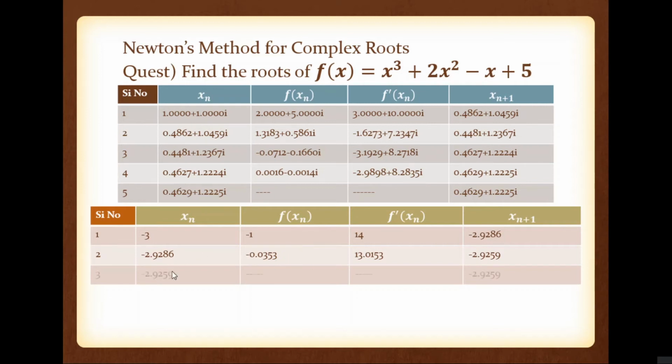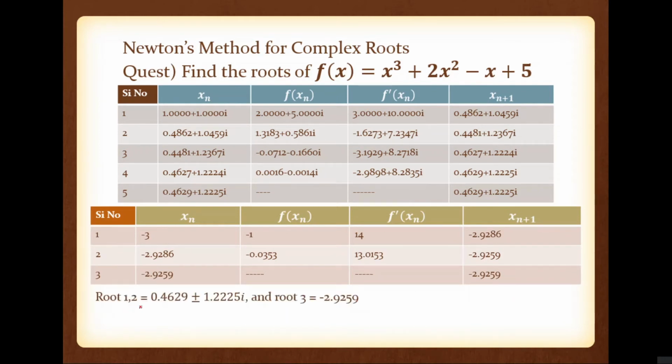Now third iteration. So you can see that within 3 iterations the method is converged, means the root is very close to the actual root, means the initial condition is very close to the actual root. That is why this one is quickly converged. So during the third iteration, the xn value is minus 2.9259. This one is negligible because less than 10 raised to minus 4. So there is no need to find this value. So xn plus 1, as f of xn is 0, xn plus 1 is equal to xn. So we have minus 2.9259.